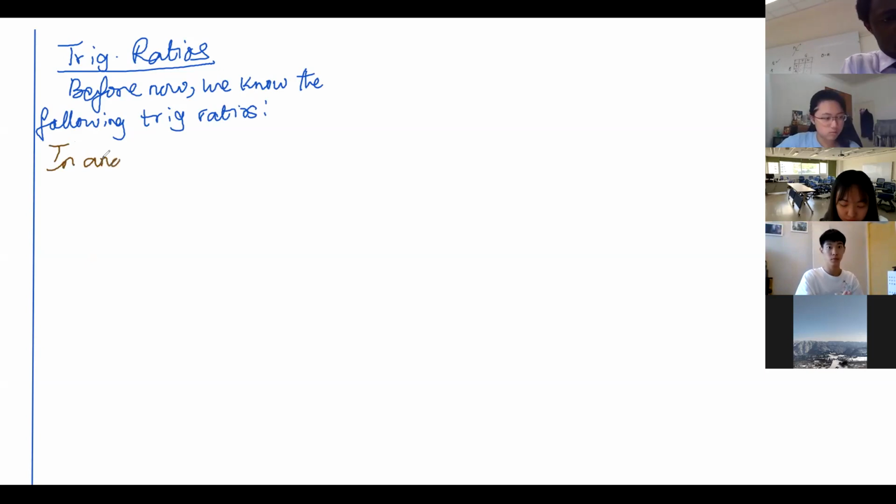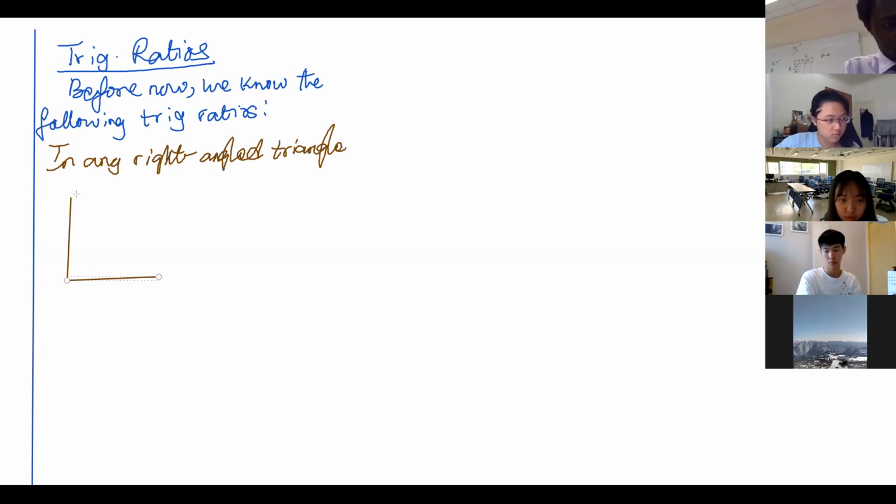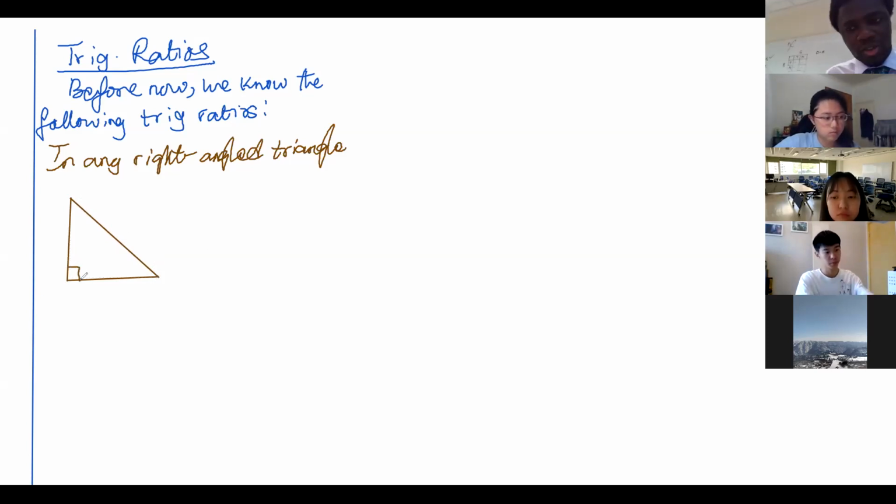In any right angle triangle, my handwriting is a bit messy, sorry. So if I have this, and I have that, and I have this, okay, let's hope that is right angle enough. We can't measure that, Nakita, sorry. I know you want everything measured. So if you have an angle theta right here,